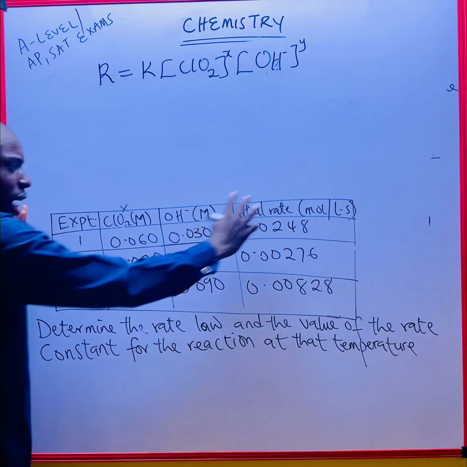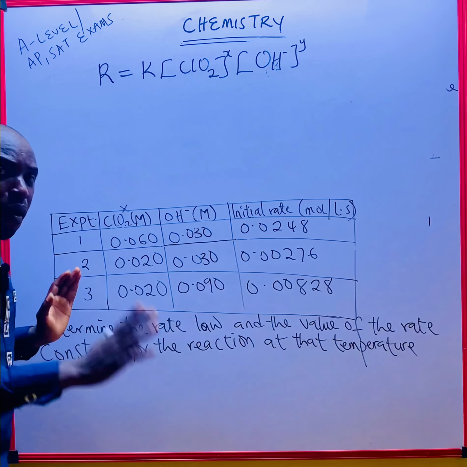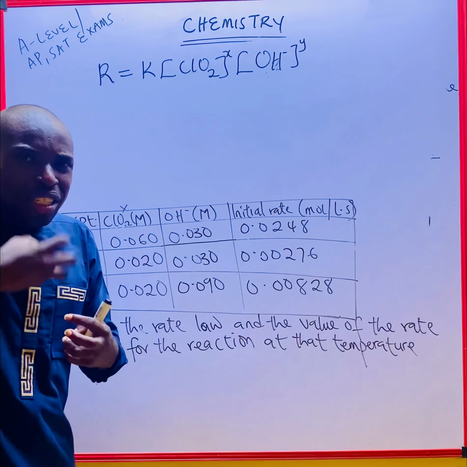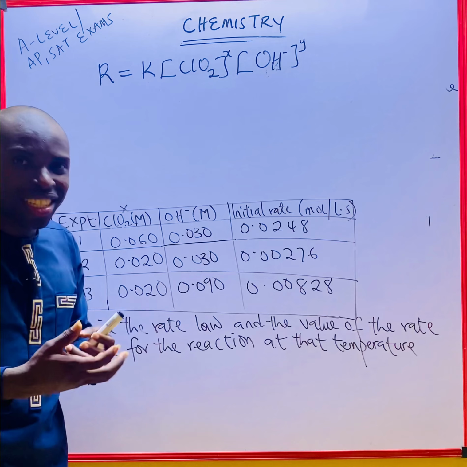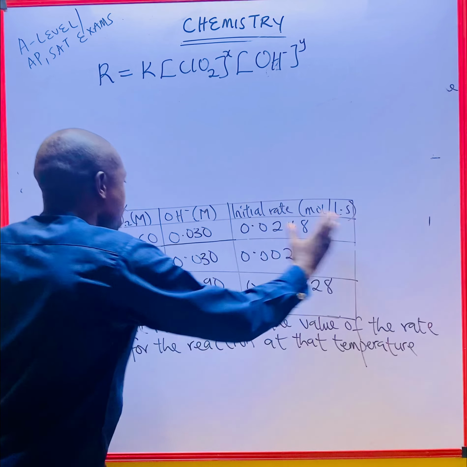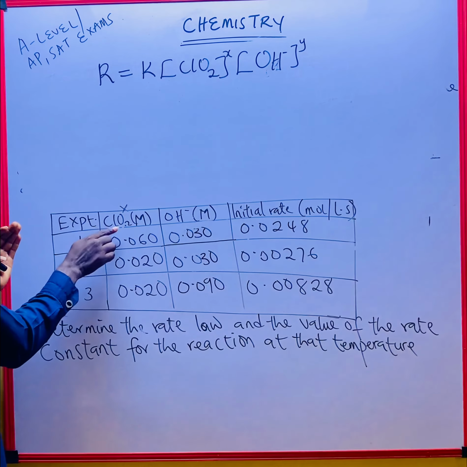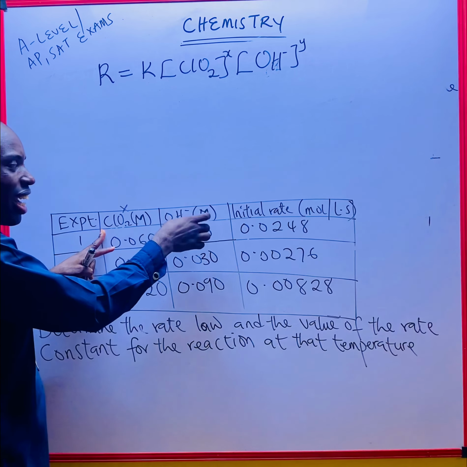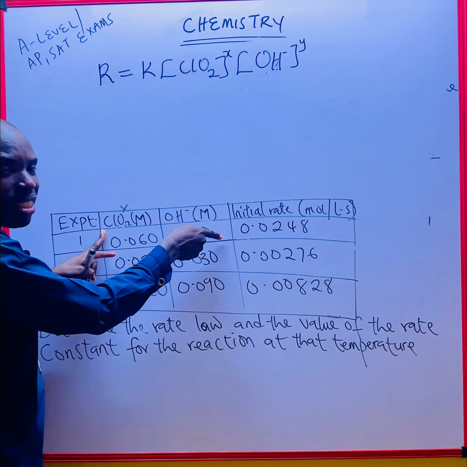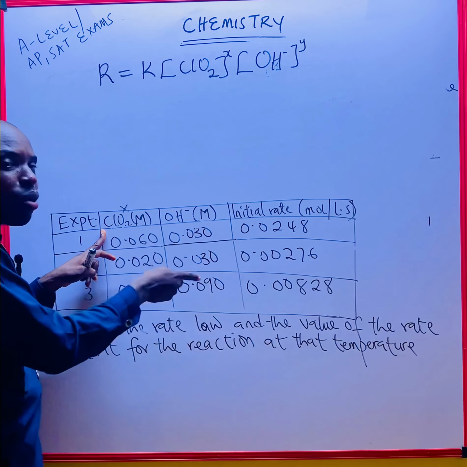Just look at it very well. Be very keen. Chemistry has to do with having an interest to know it first. That's why I'm breaking it down for you. I am to determine the order of this one. I will check